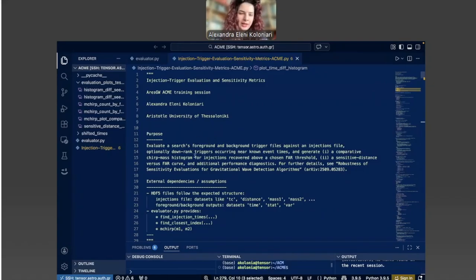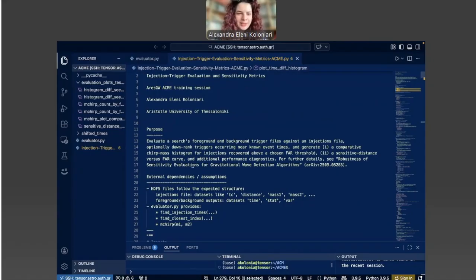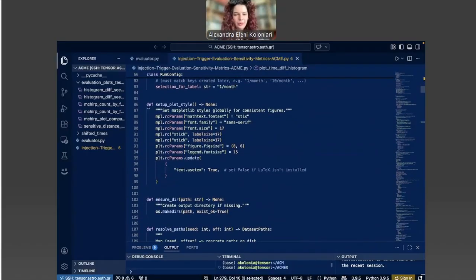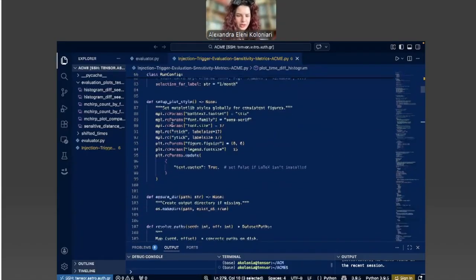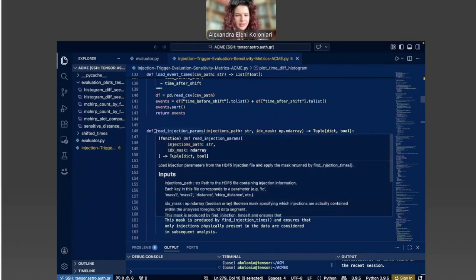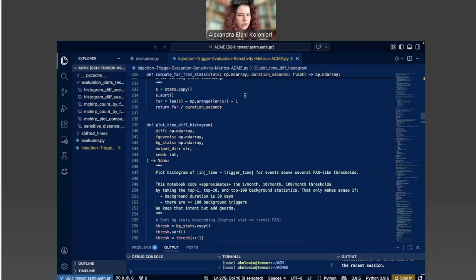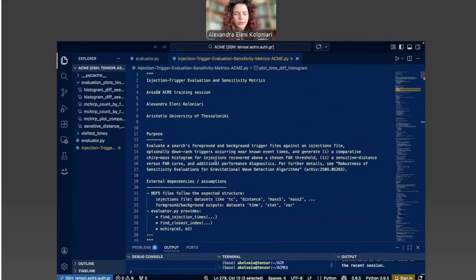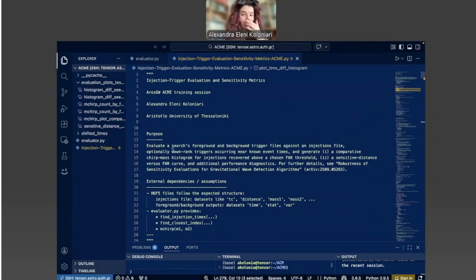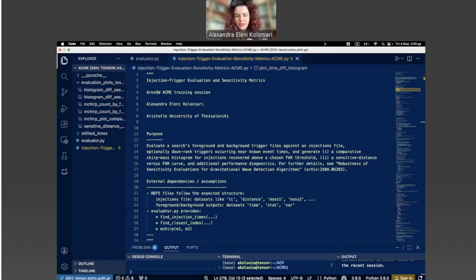Okay, but the beautiful thing about this notebook is that basically every different thing that we do is actually referring to a different function in that notebook. Even the plots that are created are in different functions. So I also have a lot of comments here in order to help you understand what is happening and why it's happening. However, if you do have additional questions after the hands-on session, because as I mentioned before, I can't really go into detail on the code, don't hesitate to send an email with your questions.